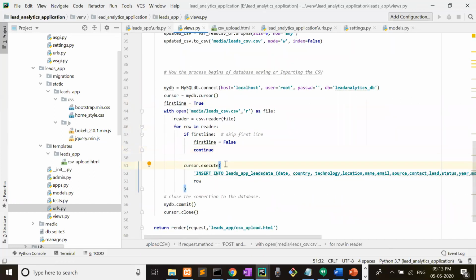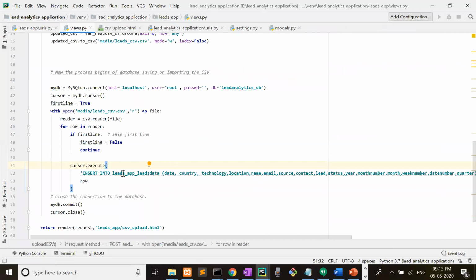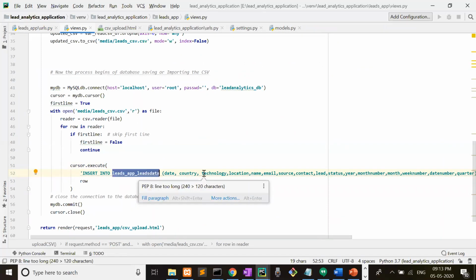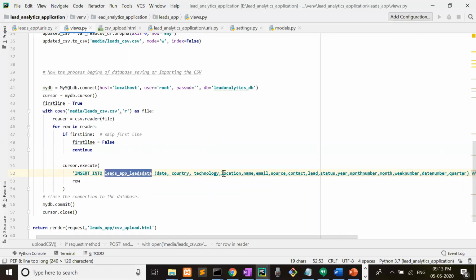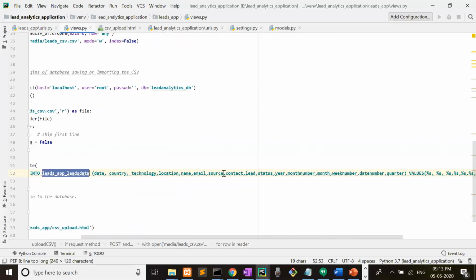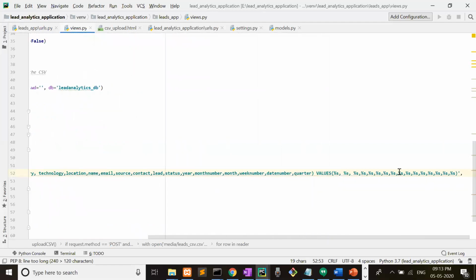This is the command when we insert data into a MySQL table. Insert into leads_app, where leads_app is the app name, and leads_data is the table name. And this is the sequence: date, country, technology, location, all this. And these are the values, dollar percentages, comma.